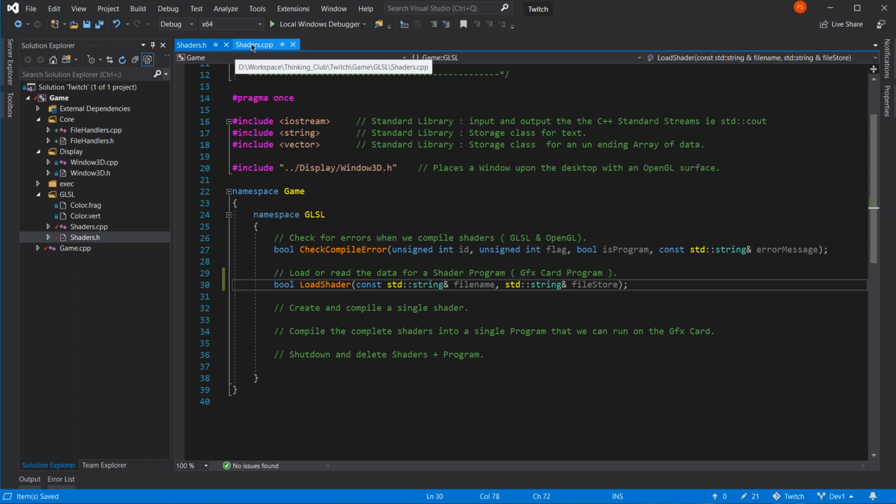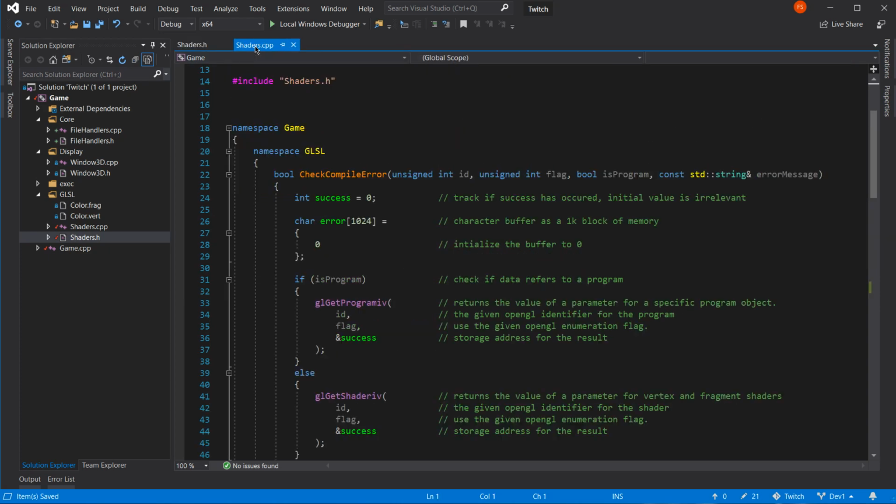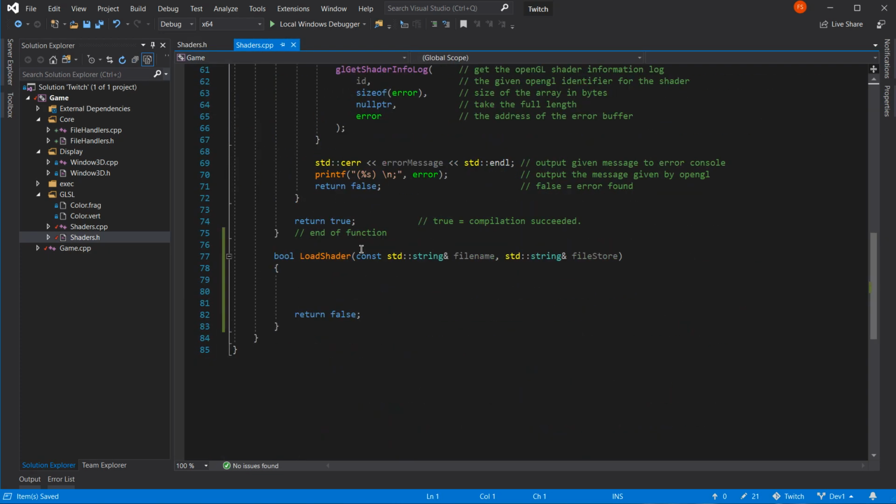People say it's very hard to write in two files at once. The answer is no, it's not. It's a lot easier, especially when it sets it up like that for you. That's the best thing about Visual Studio, is that it does that for you. I think that's the only good thing it does.